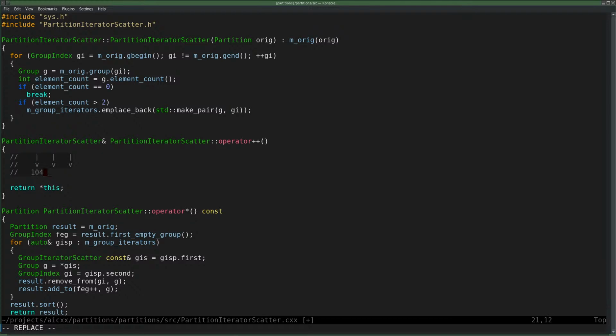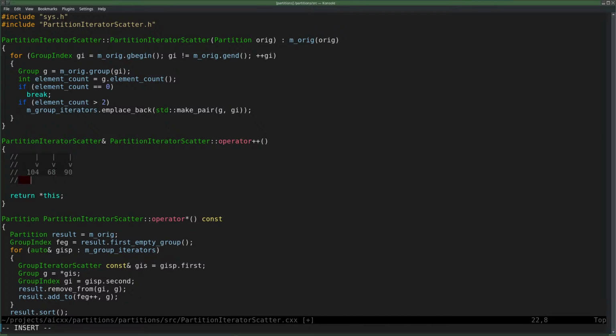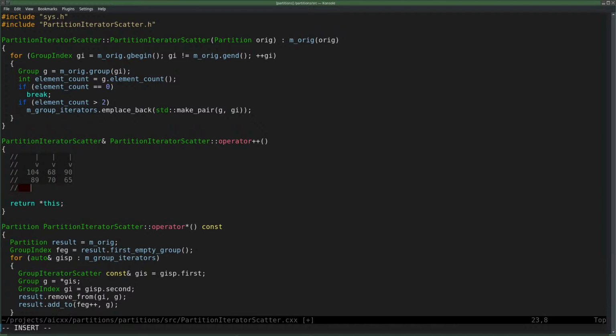104, 68, and let's say 90, and then after that I get, let's say, 89, 70, and 65, and then we get say 50, 55, and 40. Then we begin with this,